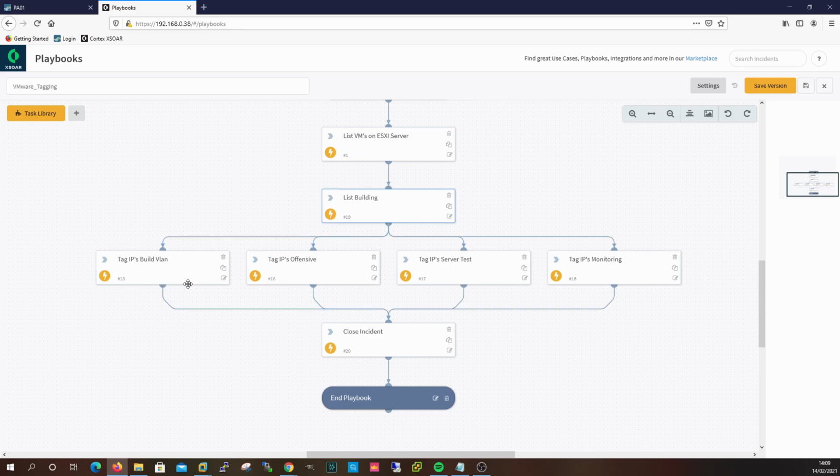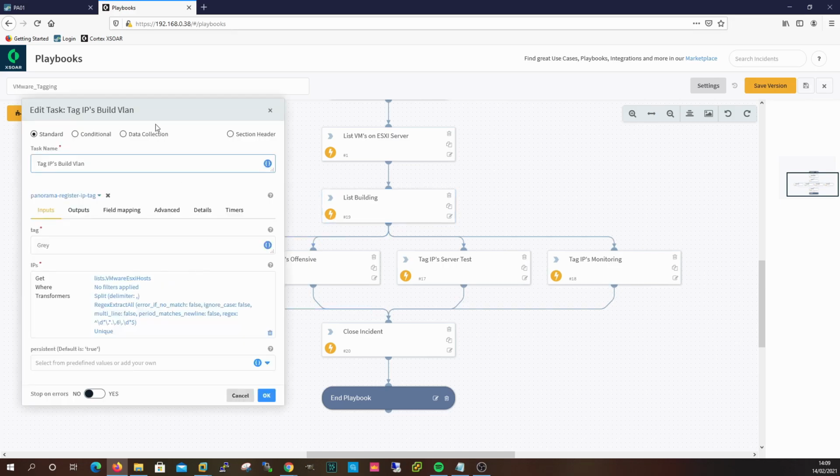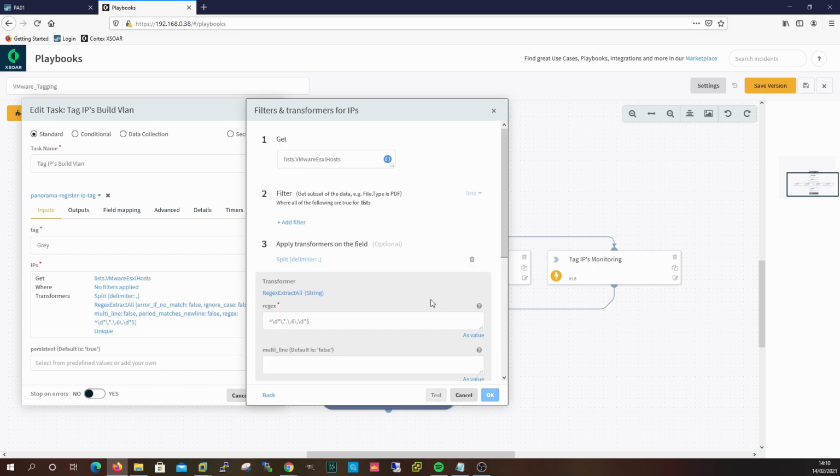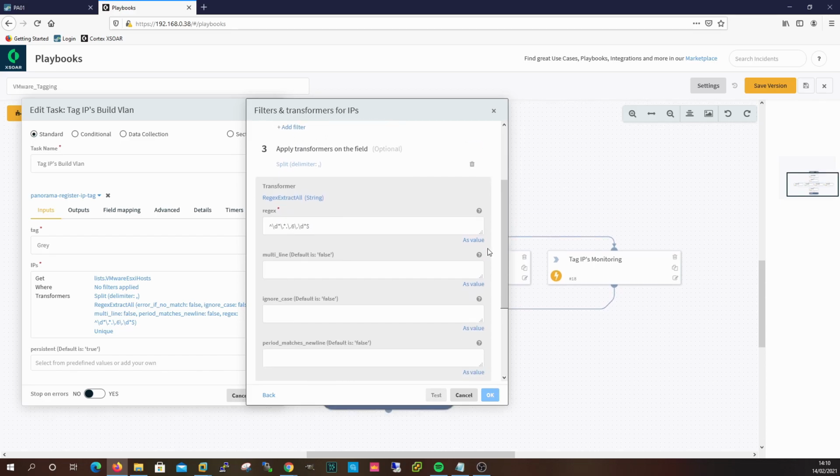and as a task to come off of this task, so the third row, this is where the regex comes in. So what we're going to do is get the lists.vmware ESXi host, that's the one we populated previously. We're going to split it on the comma, because again we need the values, and then we're going to apply this regex. So this regex is extract all that match regex,